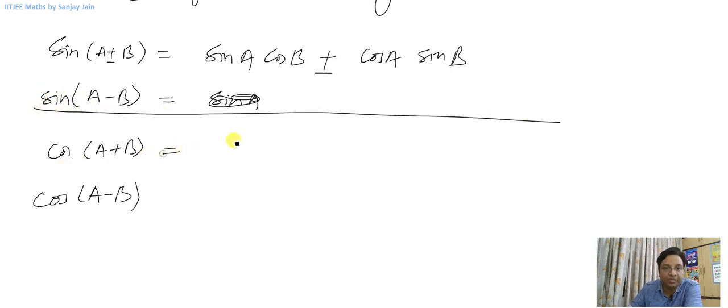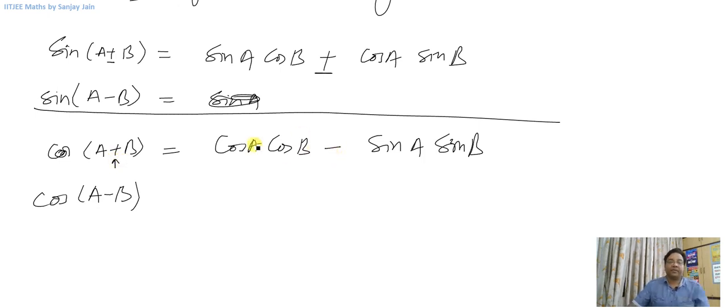So for cos a plus b, it is cos a cos b minus sin a sin b, right? In case of cos, these are different: when I have plus here, it will have minus here. So when I have minus, it will have plus. So let me write it collectively like this. This is cos of a plus minus b, and then there will be minus plus here: cos a cos b minus plus sin a sin b. When cos a minus b is there, then cos a cos b plus sin a sin b. I hope you can easily memorize these formulae.